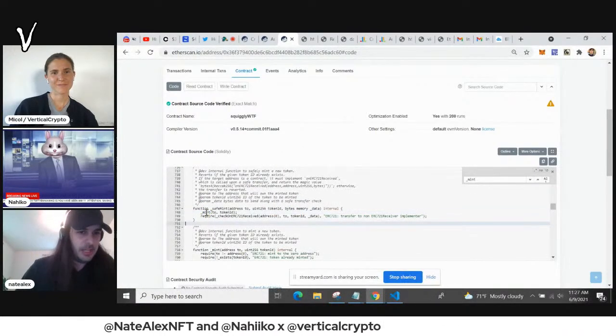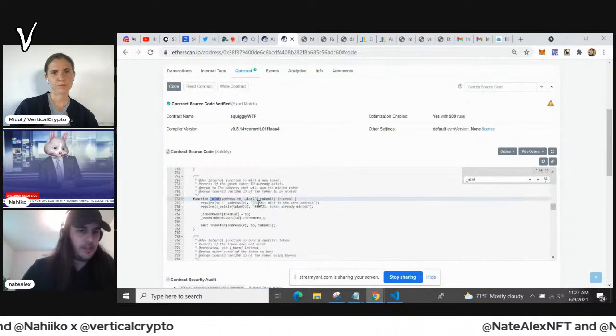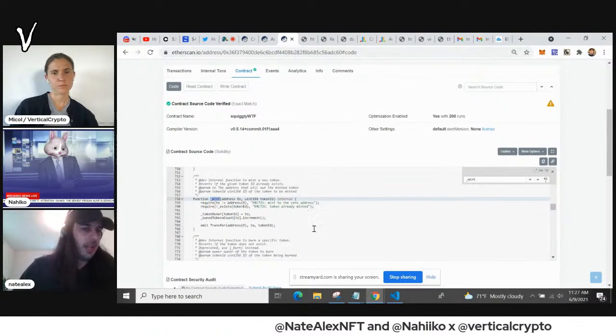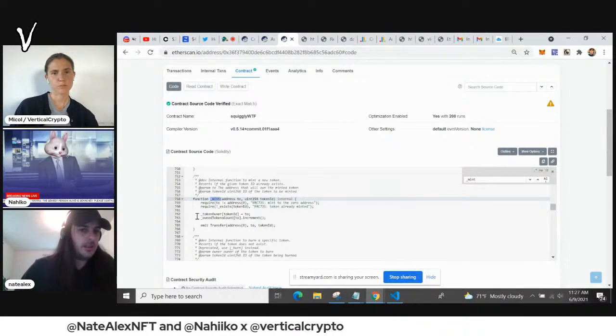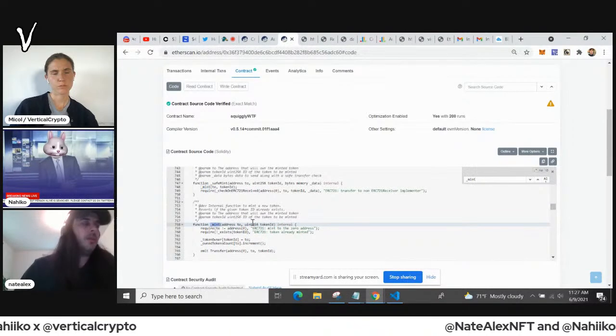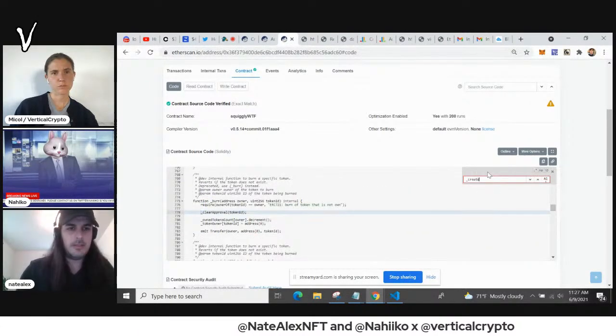So here, just mint. The mint function is just the standard mint function. It's basically saying don't send it to address 0, make sure that it doesn't already exist, and now send it to the person who called the mint, or the person who's supposed to get it. And then all the logic exists in